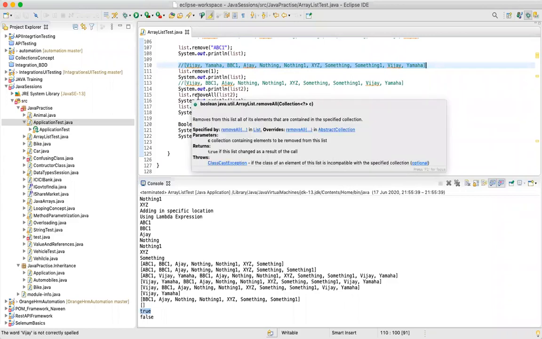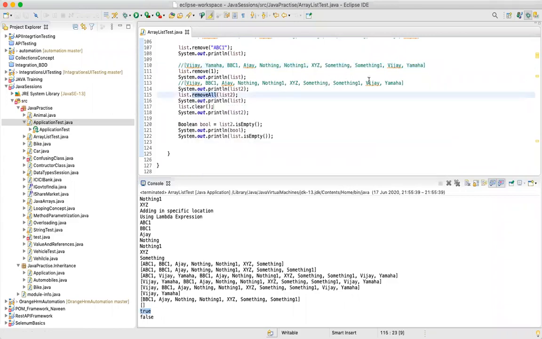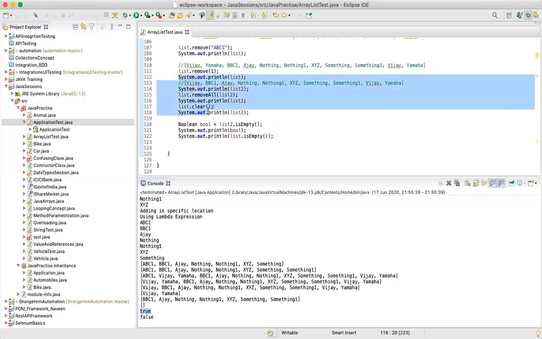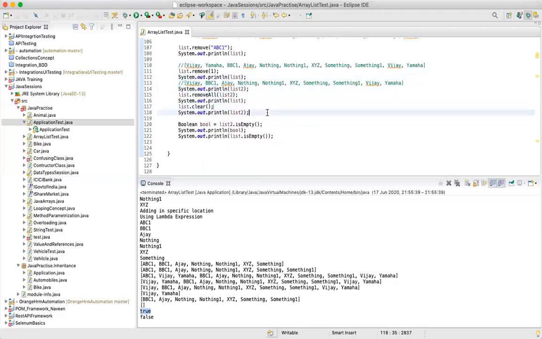And when I say removeAll, those elements which are present in the list which I have passed in as a parameter will be removed from my main list. So this will not empty my main list. This will only remove those elements which are present in list 2. Is this clear, guys? Or you want me to repeat this? I think it's clear now. Just removing the elements of list 2 from list 2, right? Yes.